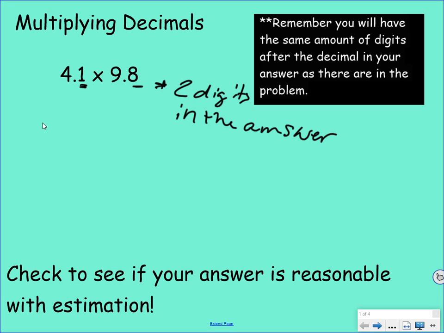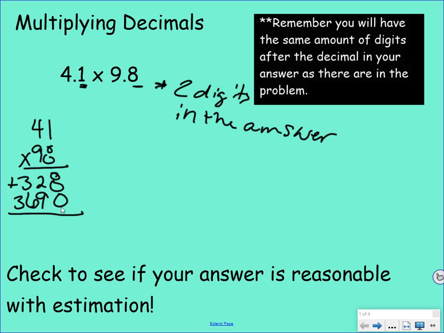I'm going to use the standard algorithm to solve it. So while I'm solving it, I can really just ignore the decimals and I can line up my digits. So for 41, if I take the decimal out, and this number becomes 98, and now I multiply. 8 times 1, 8 times 4, put in my 0, 9 times 1, 9 times 4. Now I'm going to add it up, and I get 8, 11, carry my 1, 10, 4. So I have my answer of